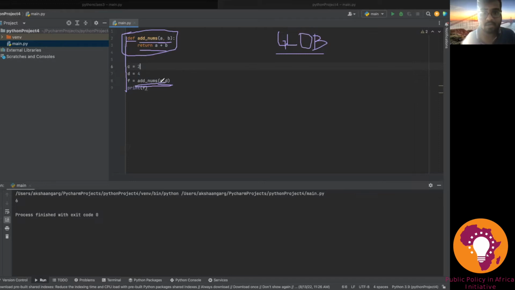So when we do add nums c comma d, what actually happens is it goes back to the definition of the function, and it gives those values to a and b. It evaluates everything inside this indentation, inside the function. And as soon as it evaluates everything, it returns the value required to whatever was being equated with the call for this function. So get the difference between a call for a function